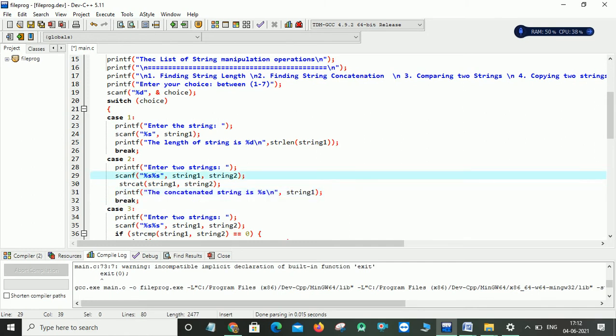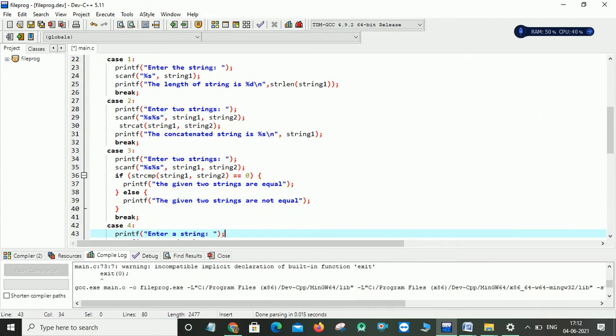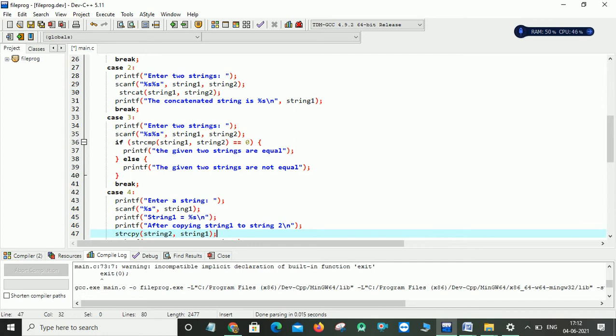In case 3, I'm trying to implement comparing two strings. For that also I need two strings, so I prompt the user to enter two strings and read string1 and string2 using scanf. After that I want to check whether the two strings are equal or not, so I simply use strcmp, the string comparison function, passing string1 and string2.